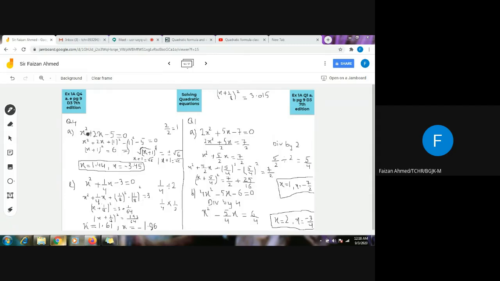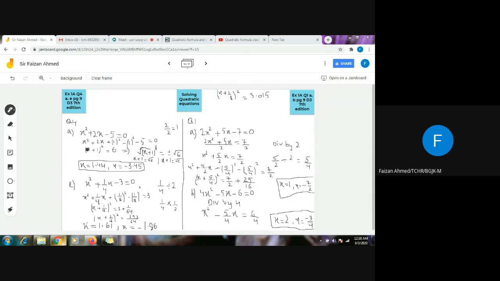So what we'll do, we'll just separate the first two terms, x square plus 2x. We'll take the coefficient of x, that is 2. We will divide it by 2 and we will get 1 as the answer, and then we will add the square of 1 and subtract the square of 1. This minus 5 will be as it is at the end, equals to 0. This addition of 1 square will make these three terms our identity, and we just have to close this identity.